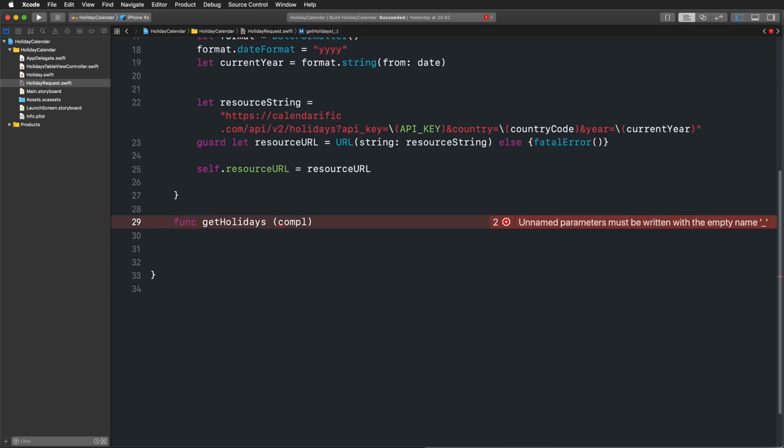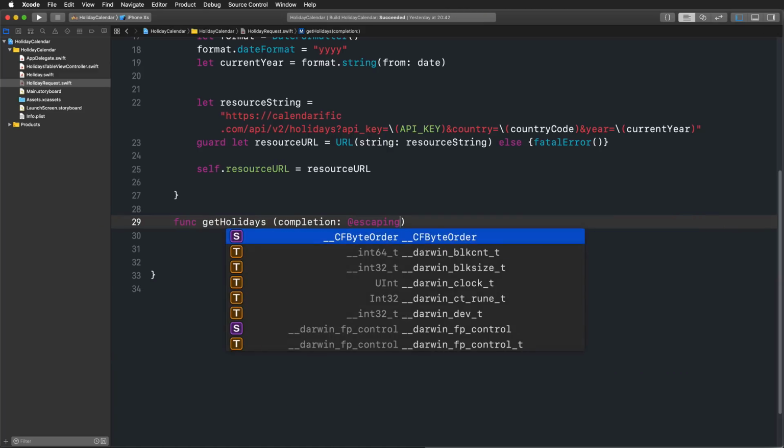We're creating a data task using a URL session to actually get the information. And once we have the information from the web that we need, we're going to have a completion handler or a completion closure. And this needs to be escaping. And a closure escapes a function when the closure is passed as an argument to the function, but is called after the function returns. So when you declare a function that takes a closure as one of its parameters, like in our case, you can write @escaping before the parameter's type to indicate that the closure is actually allowed to